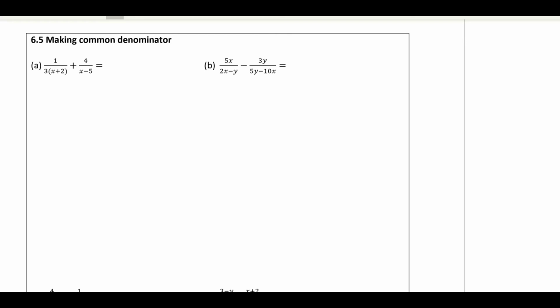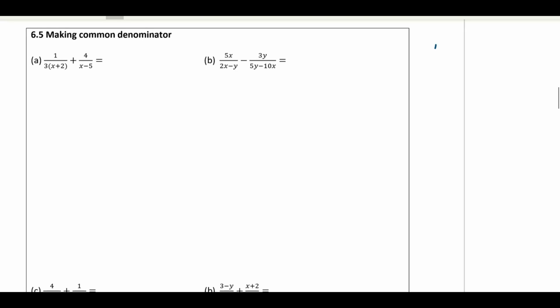Making the common denominator is very, very important. Okay? In your exam, 20% of the paper will be algebra. And in algebra, this is the place where students lose a lot of marks. Okay, so before you do this common denominator, let me ask you, I always give this example,